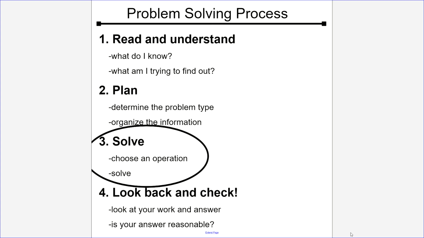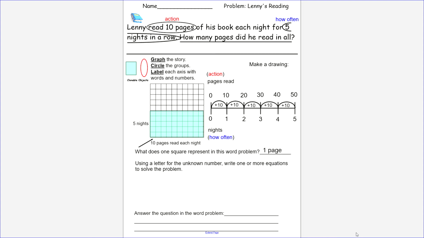Now it's time for step 3 of our problem-solving process. We're going to choose an operation and solve the problem. Let's go ahead and think. How would we solve a repeated addition problem? Of course, we could add 10 plus 10 plus 10 plus 10 plus 10, but we're third graders, so we're not going to do that. Instead, we're going to multiply